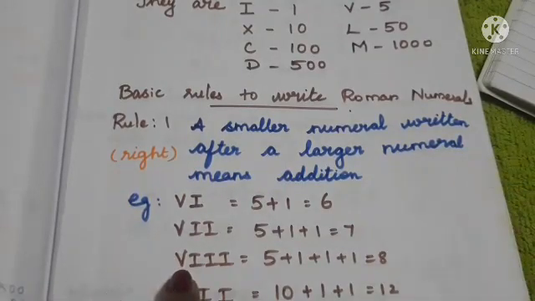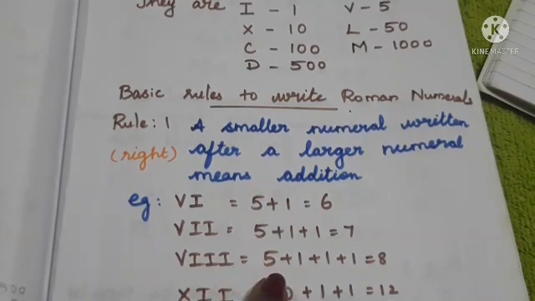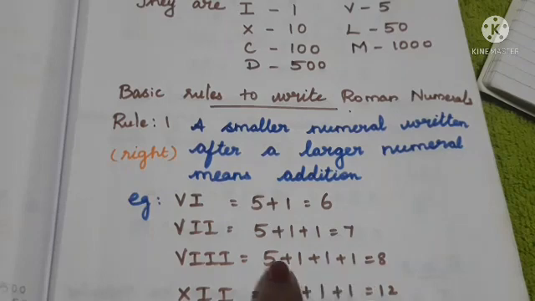VIII. So here also first we have the larger numeral. After the larger numeral only we have the smaller numeral. So here also we have to add everything. So 5 plus 1 plus 1 plus 1, when you add everything you will get 8. Look at next one,